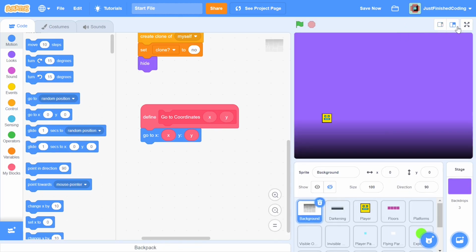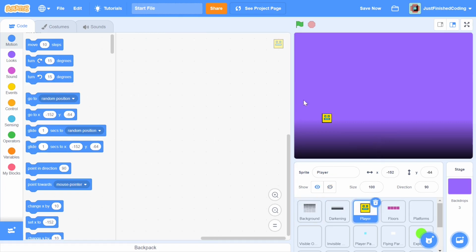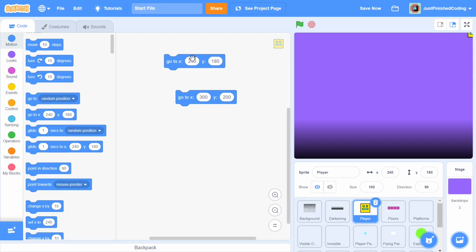Now Scratch has this really peculiar feature, and I won't call it a bug, or it's useful in some cases and it's not useful in others. But basically, let's just head over to the player because we are showing it right now. I'm going to make it go to some coordinate which does not exist on the Scratch grid. Now remember, the coordinates are -240 to +240 on the X and -180 to +180 on the Y. Now let me just say something like 300 and Y is going to be 200. So these two coordinates don't exist, but when we go there and when we look at the coordinates of the player, now we can see that it's at 240, 180, although we just made it go to a different coordinate.